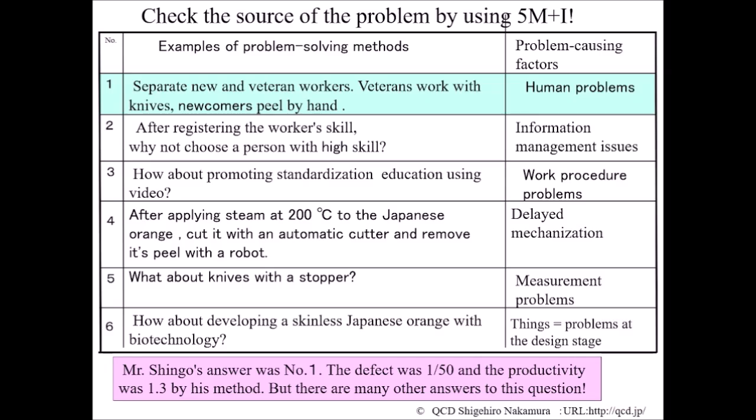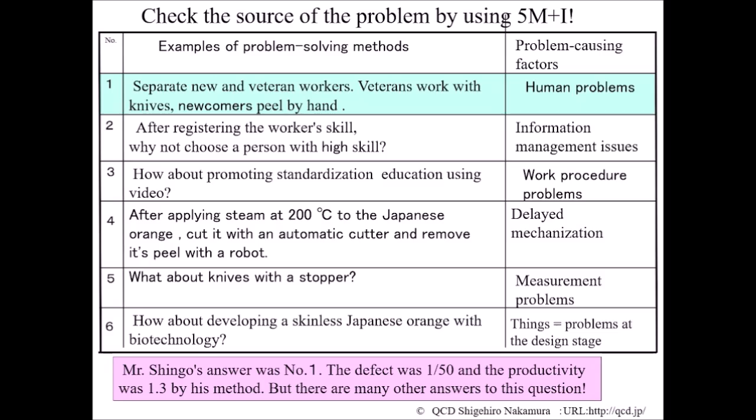I would like to show in this table the contents of Mr. Nakamura's arrangement of the factors of the idea at the JMA Production Engineering Subcommittee. Analyzing with 5M plus I, it can be seen that Mr. Shingo's idea is number 1 in this table, and that the cause of the problem element is men and women with 5M plus I. The measure to divide the part-timers based on the number 2 skill and decide the employment is 5M plus I